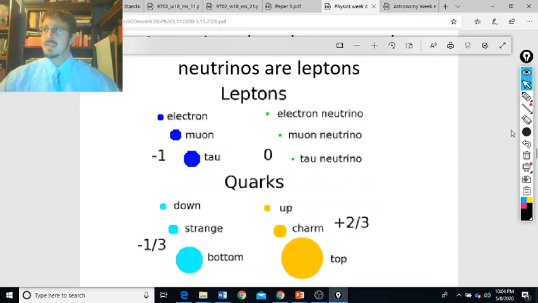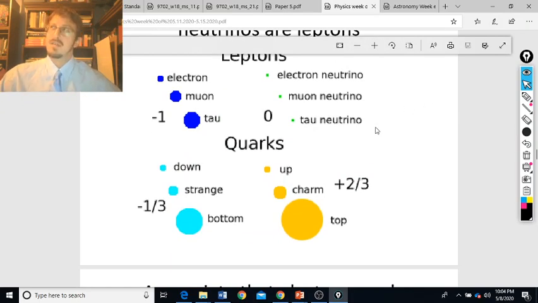The fact that these were predicted before they were discovered kind of helps. We always have more confidence when we can predict something exists based on a theory, and then observation confirms that to be true, rather than the theorists, after an observation, trying to find a way to explain it afterwards. All right, and so we can see that quarks here have these charges, and there are 6 different types